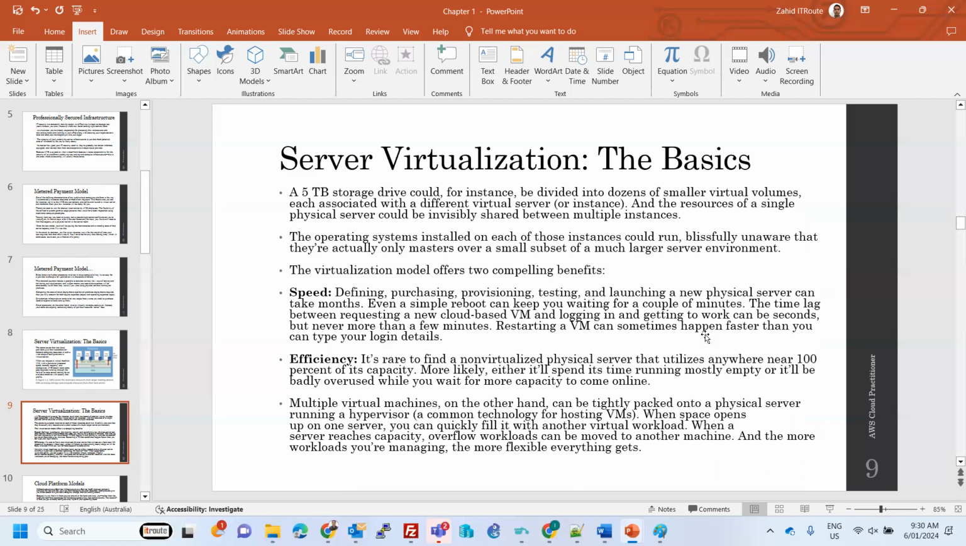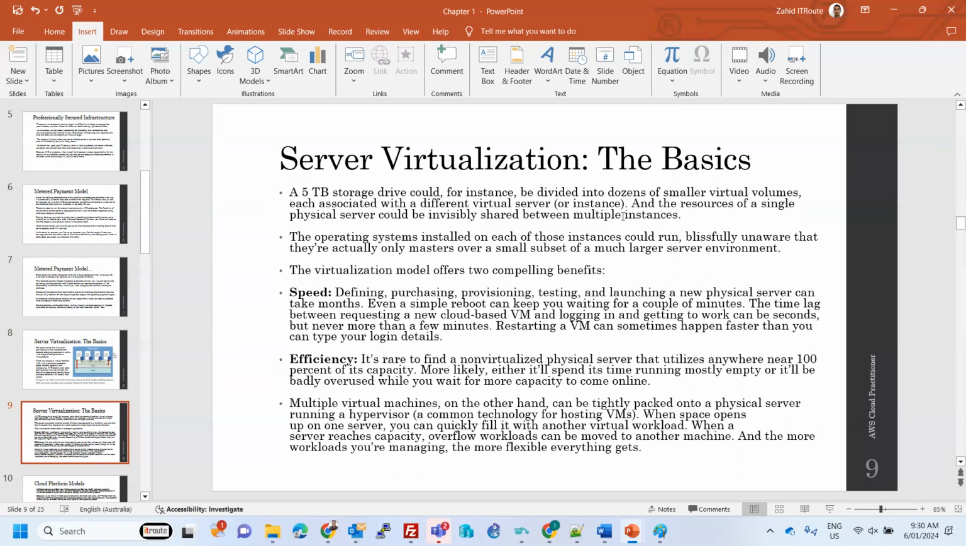Now, server virtualization is basic. A 5 terabyte storage drive could, for instance, be divided into dozens of smaller virtual volumes, each associated with a different virtual server. And the resources of a single physical server could be invisibly shared between multiple instances. It's saying that